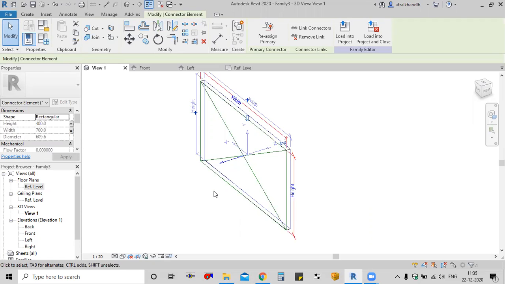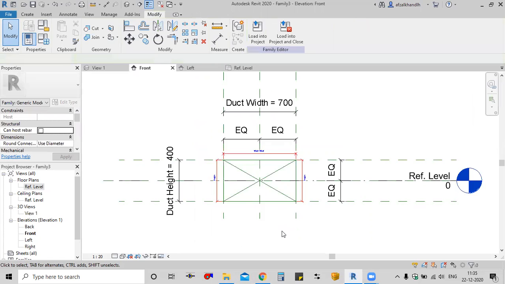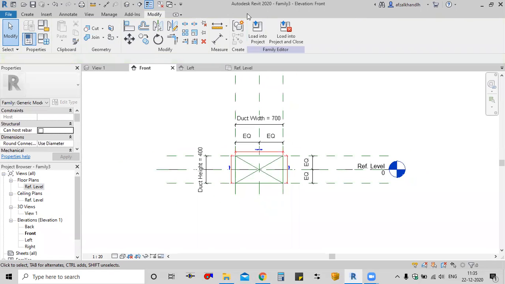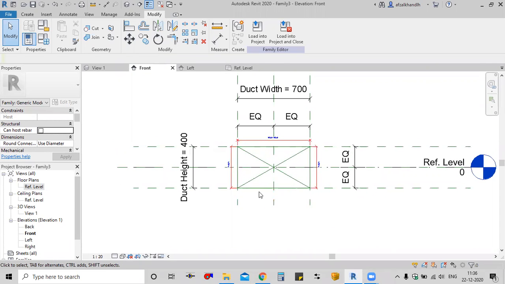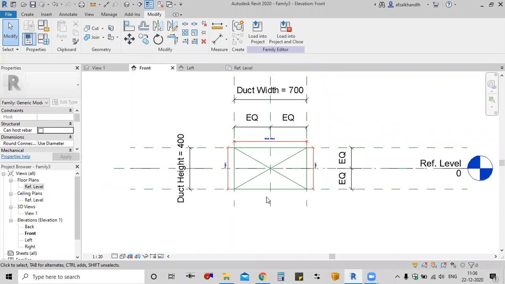Next, after linking them, we'll come to the front view. In this front view, the next step is to create a support. So next we are going to create the support. For this one, I'll open one detail, and based on that we'll model that particular support. So I'll open